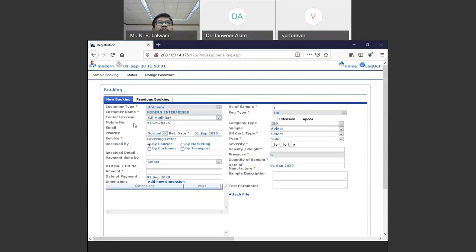So to this mobile number, the messages will be sent. Email also, you have to give the proper email ID. Once we complete the testing and your sample meets the requirement of IMDG and IATA, then these reports will be sent through email. And simultaneously, you will get the message also that the testing is done and the particular report, UN certificates, has been sent to your email ID. SMS also you will get.